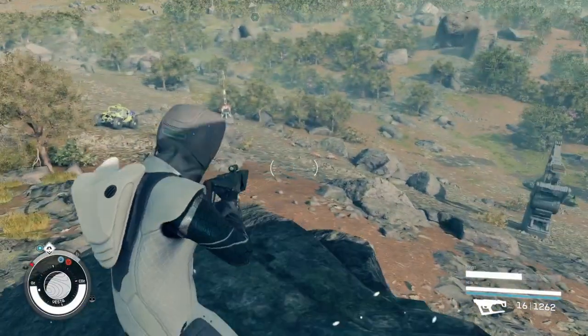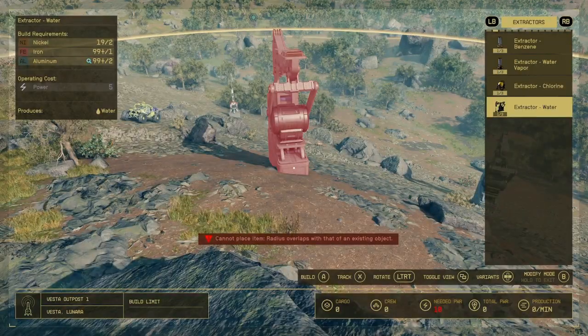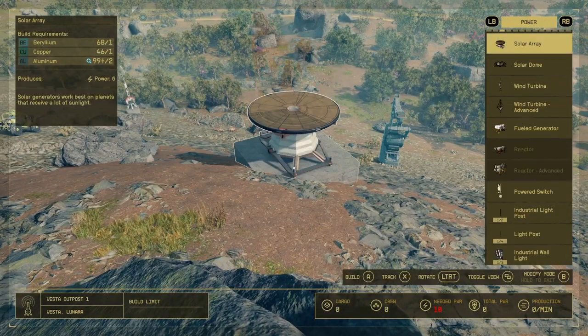Okay, I'm up on this rock. I should be safe now. It has a big commercial water extractor. Like I said, I'm just using everything that you should have access to when you first start off in the game on this one. So, solar array. I'm not using the solar dome. Could, but,